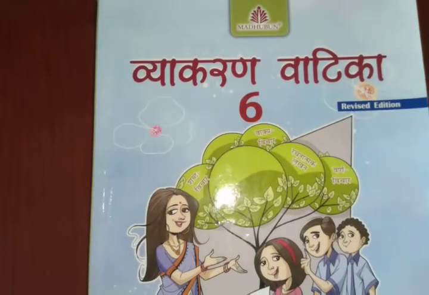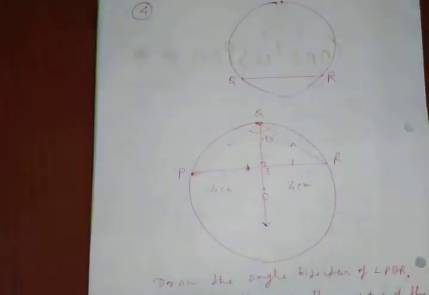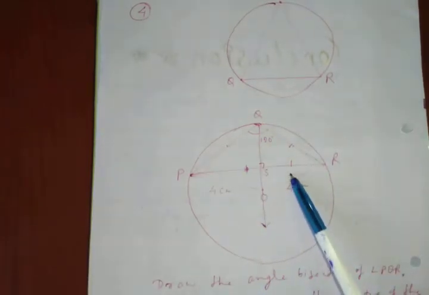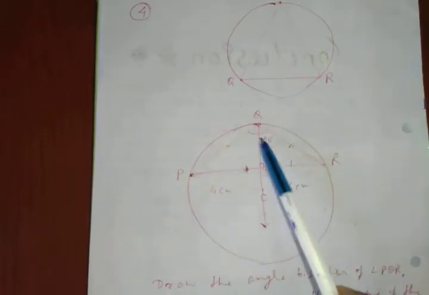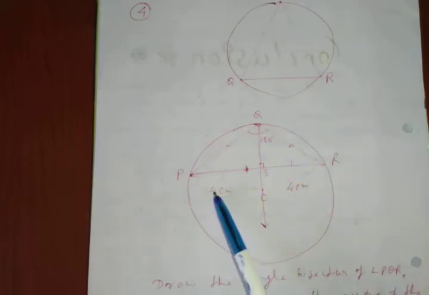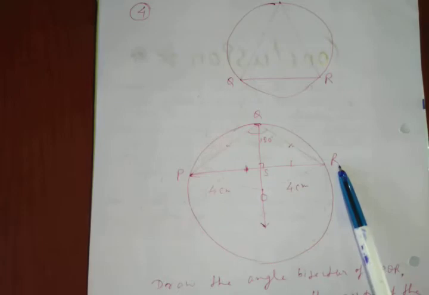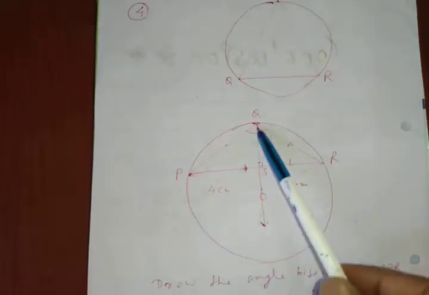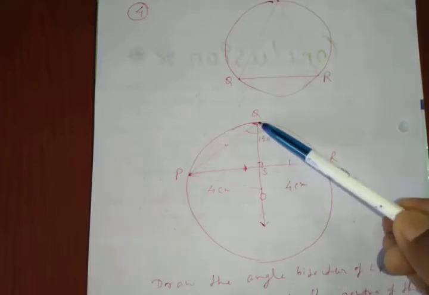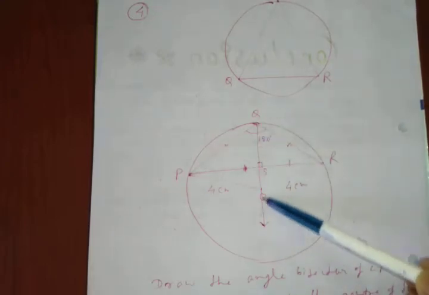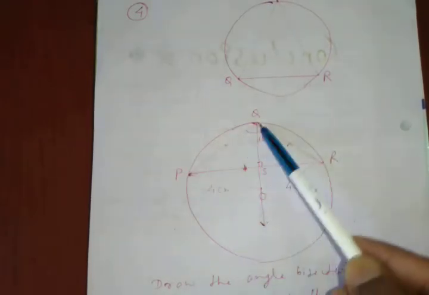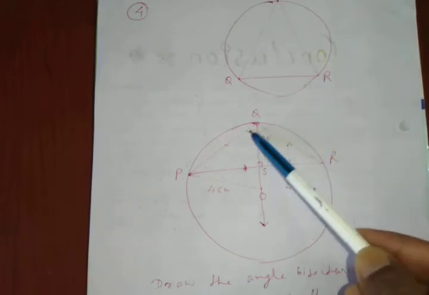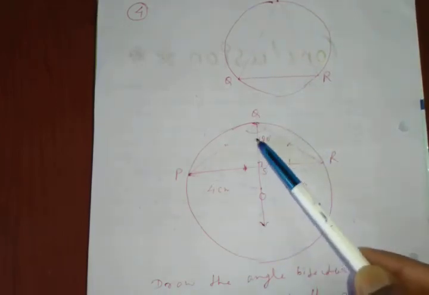The fourth one is this, and in this fourth question we have to find the value of PQ. First, you are given that PQR is an isosceles triangle, and here PQ equals QR, and this angle is 120 degrees, and OP and OR are the radii, which are given as 4 cm. To find PQ, if you join QO, then this will be the bisector of angle PQR. This is the property, because these two sides are equal. Whenever you draw the bisector of this angle, it will always pass through the center, and therefore these two angles are equal.